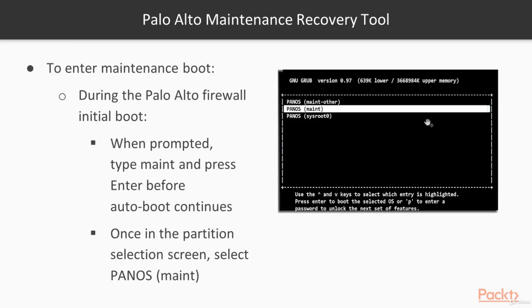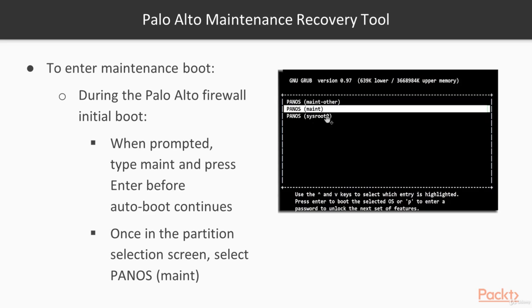Okay, so it's very straightforward the way that you go into maintenance mode. You've got to be on the serial console, so you plug in your serial console cable and then you boot up your firewall, and then you're going to be prompted to enter maintenance mode, and you have 5 seconds in order to type the word maint, M-A-I-N-T, press enter,